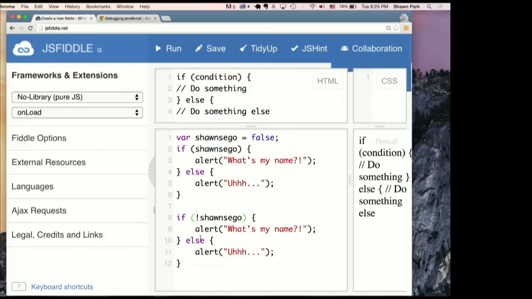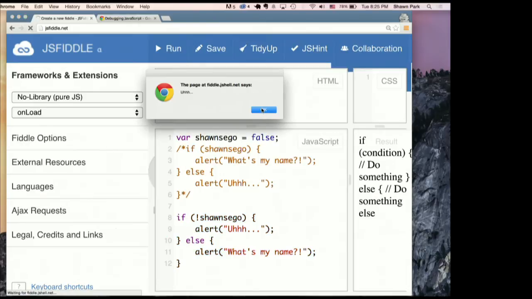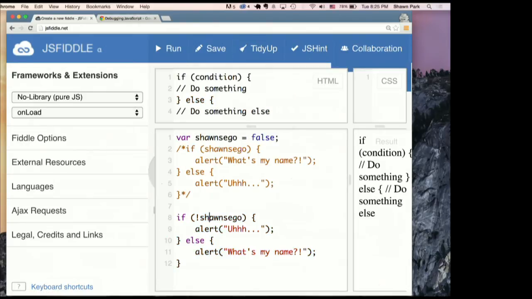This exclamation point is the logical not operator. If we add this, then we can switch the location of the two alerts. What happens looks exactly the same. Let me comment out this code. If I run this again, I still get the same result, because not of Sean's ego is true, since Sean's ego is false. So I'm going to return this alert of okay. Cool.